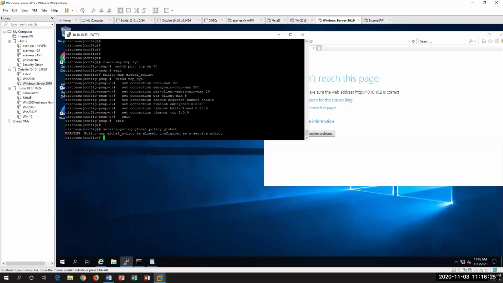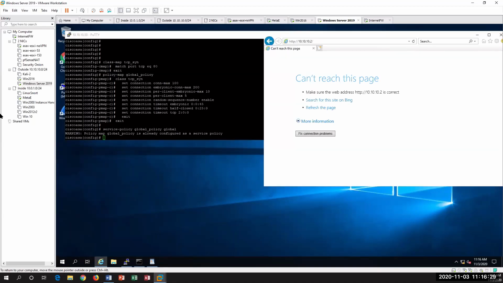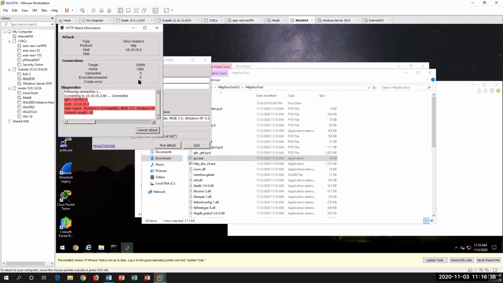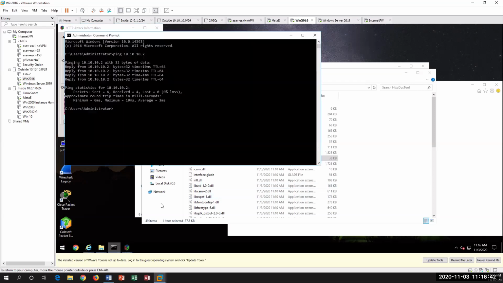All right, so we're going to reduce this. And so now we're ready to mitigate it. In that case, what we're going to do is go to the Windows 2016 now, and run the attack again. So this time when you run the attack, you can see that it fixed F5 now, okay? And then if you want to ping it in here,